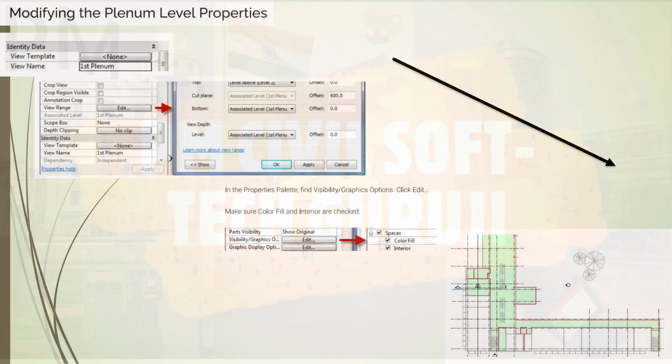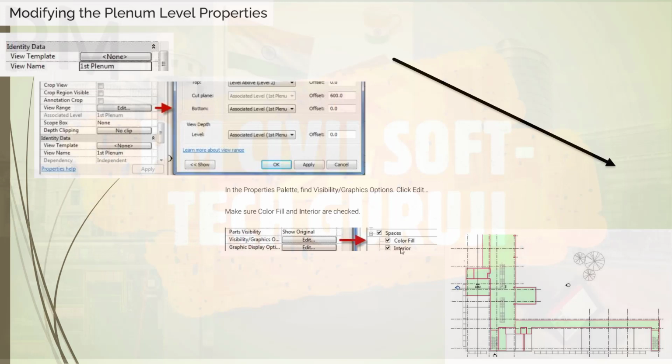Find the View Range option in the properties palette and click Edit in front of it, as shown in the figure. Then in the properties palette, find the Visibility/Graphics option and click Edit.